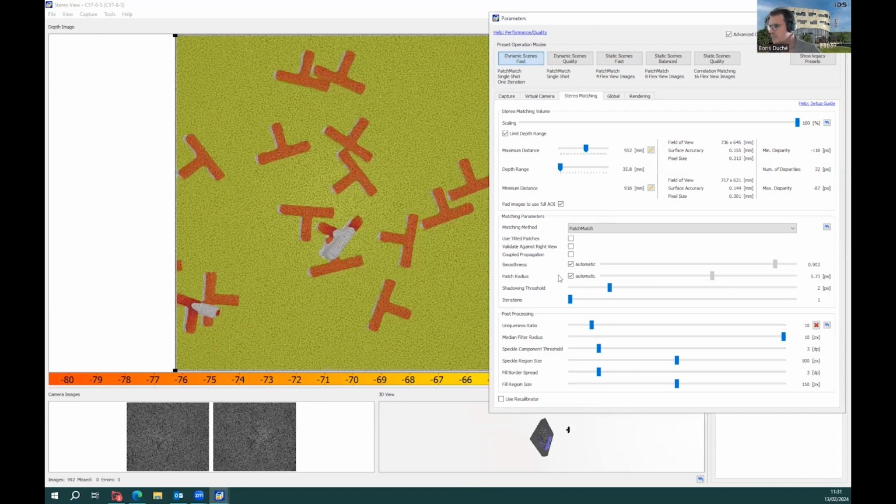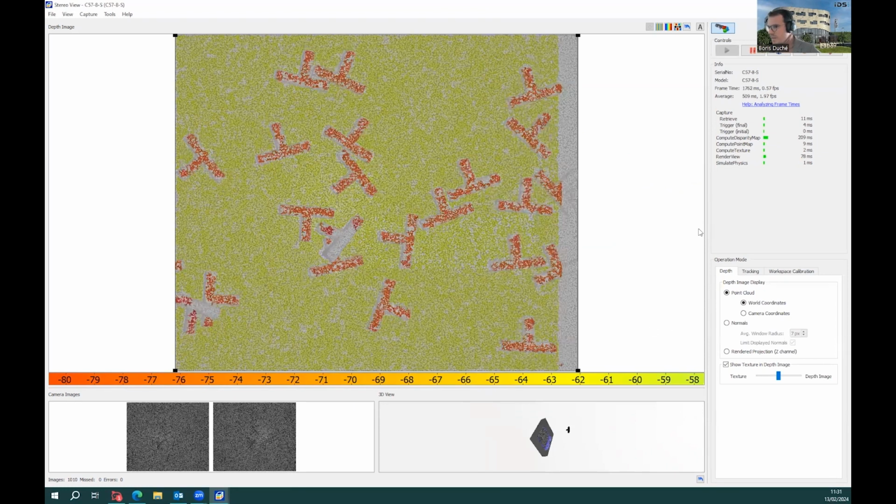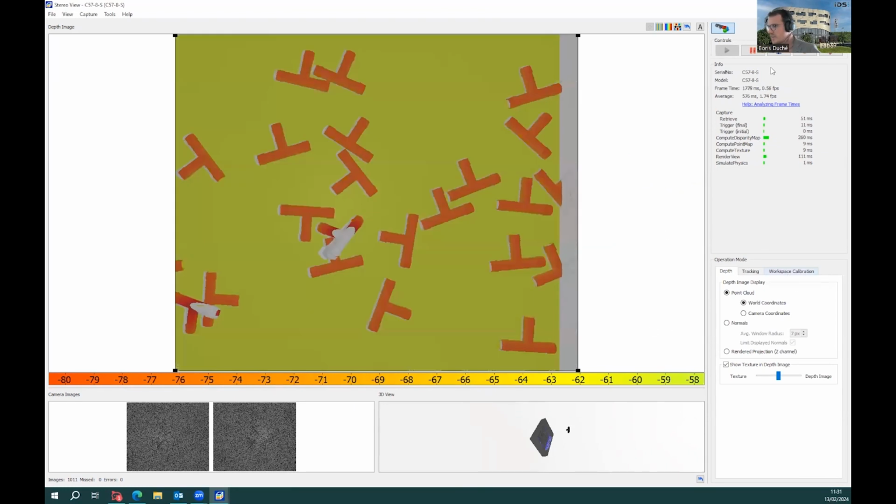I would say that most of the time, you don't need so much understanding. You don't need to play with them so much. Usually, you just hide the advanced options, choose the predefined set of parameters, and you should be satisfied with the results that you get. It's only in case you see a part is missing and you try to understand why that you need to go into the parameters. In this very specific example, I'm a little bit disappointed because I don't see my object here with the default preset. I try to understand why.